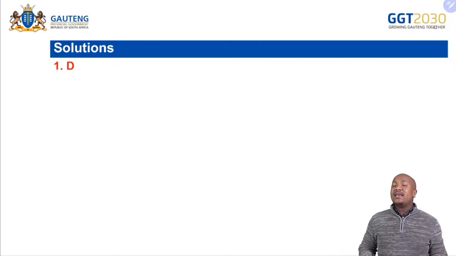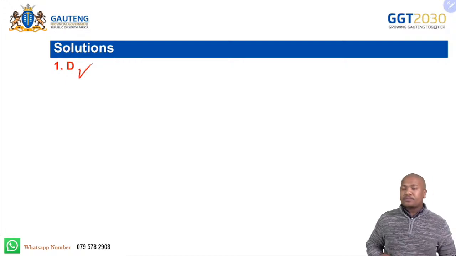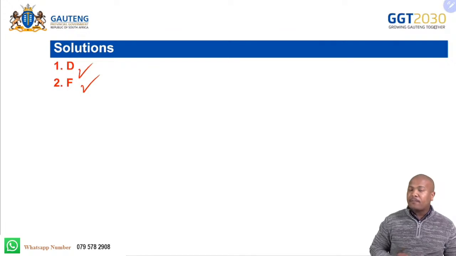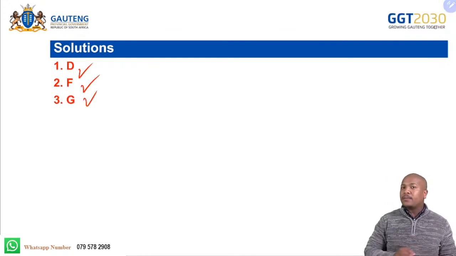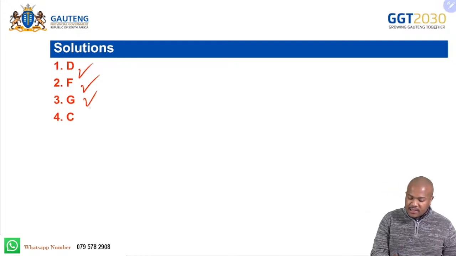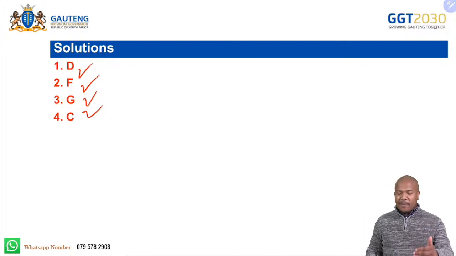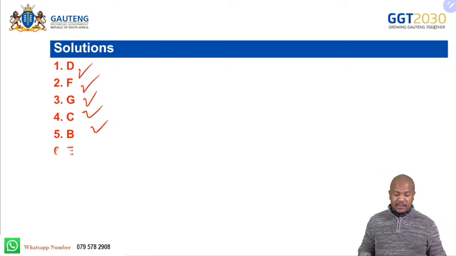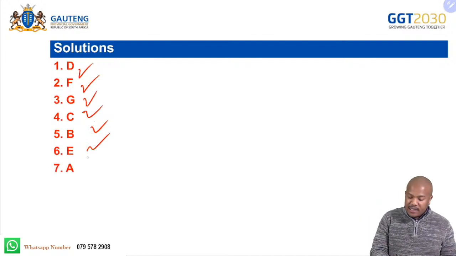Number one is D. And number two is F. Then number three is G. Then number four is C. Continue to mark your work as we proceed. Also number five is B. And number six is E. Then also number seven is